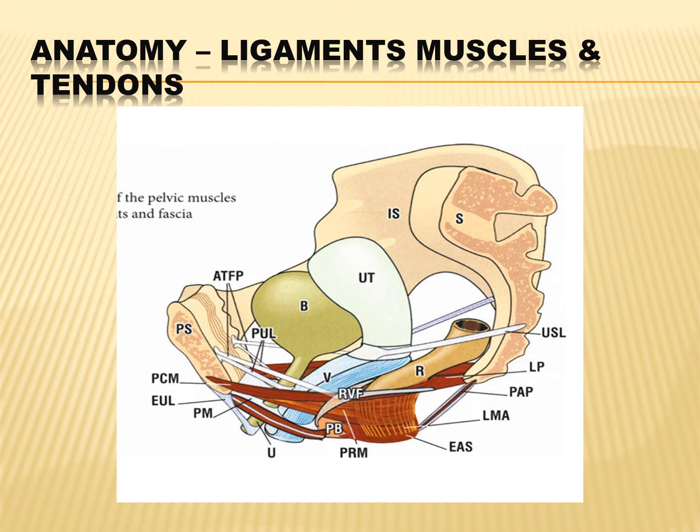In this image we can see the muscles and the ligaments together. The muscles, the levator ani or the levator plate. In this picture, LP is the levator plate. It is holding all the viscera, giving support to the rectum, the vagina, the bladder and the urethra. So to all these structures it is giving support. Then the arcus tendinous fascia pelvis is also shown in this picture. So these are the ligaments and the muscles, and how together they are supporting the viscera.